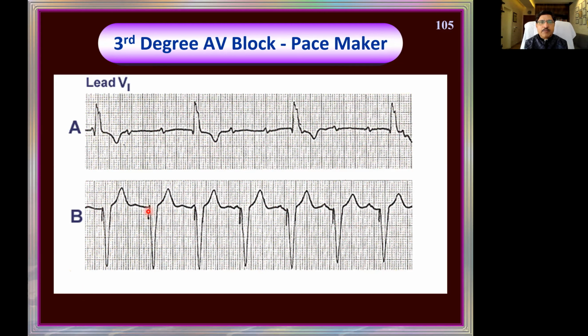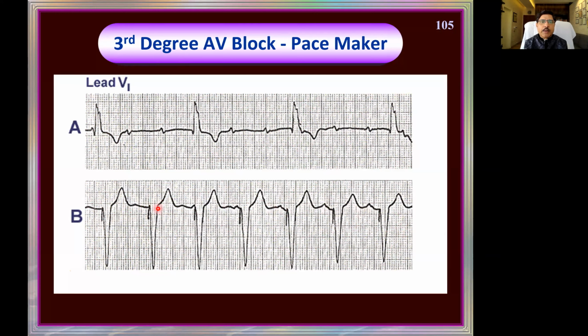At the end of the AV node, we have put in the bundle, at the end of the bundle, we put the pacer. So the paced impulse starts here. This is the paced impulse QRS. Now you see regular QRS after the paced impulse, and the P waves are regular before that.